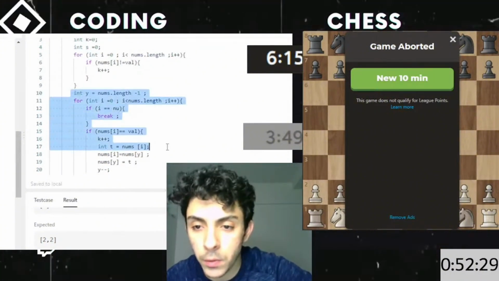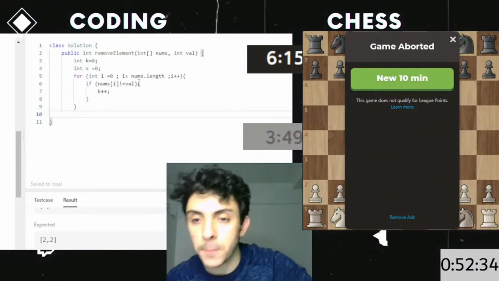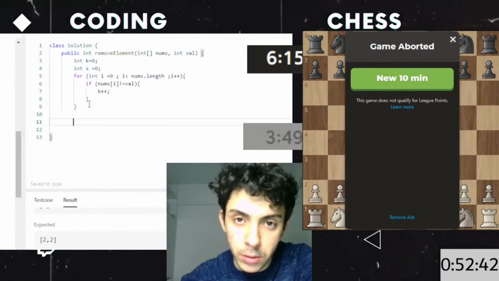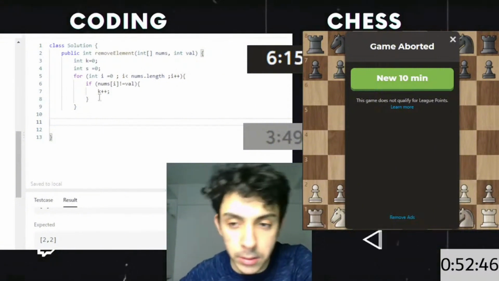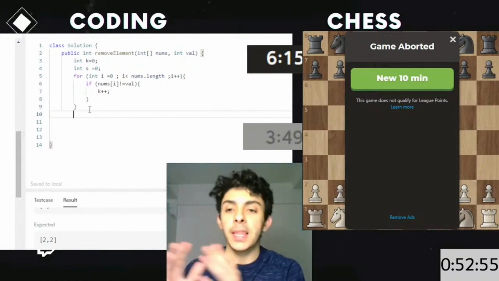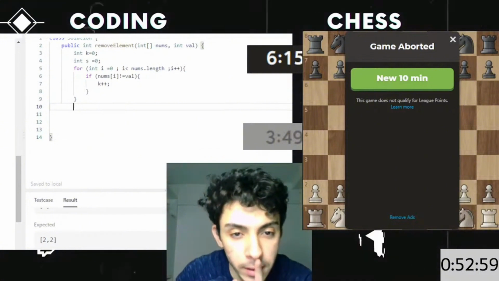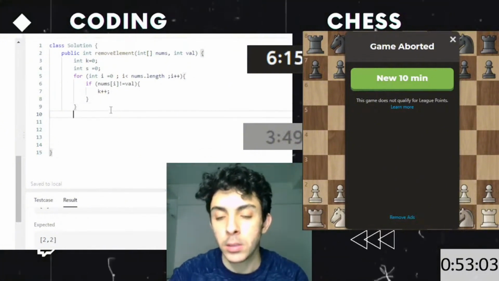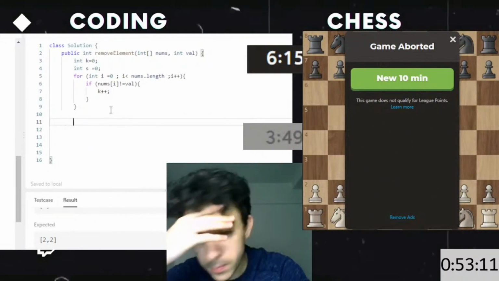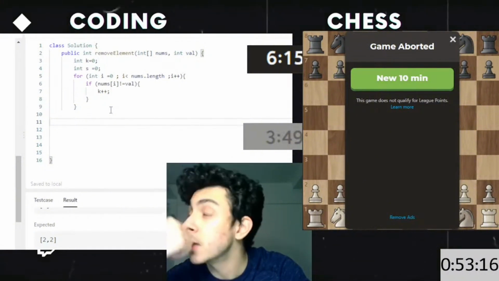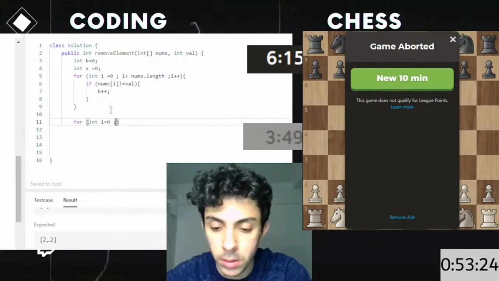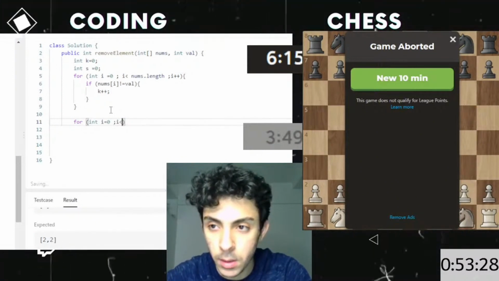No, I'm gonna remove it and repeat, okay? Something went wrong, I have to repeat. So now we know what is k, the number of integers in the array that are not equal to val. I think that's clear. Now we want to put these elements that are equal to val in the end. So we're gonna loop, and each time we put it there. For integer I equals 0, I inferior